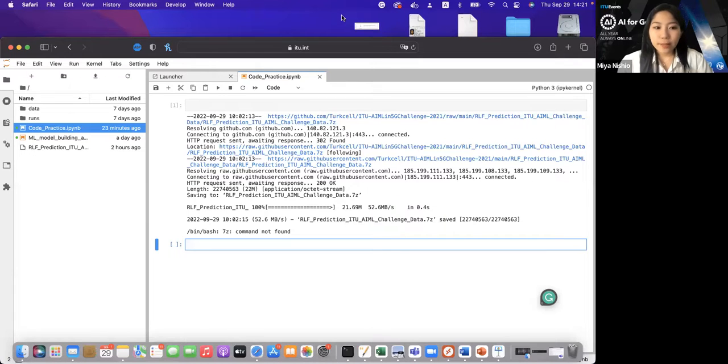So once you have done that, you should find a file on your computer that is called RLF prediction ITU AI ML challenge data. And what I'd like you to do from here is decompress it manually.